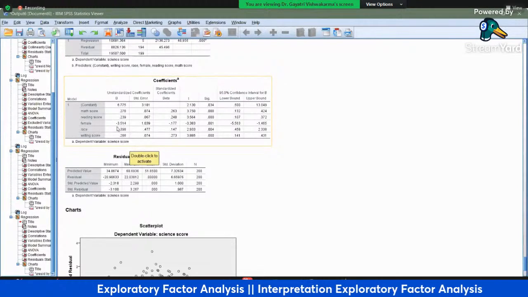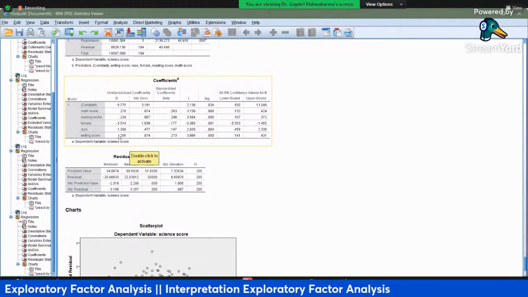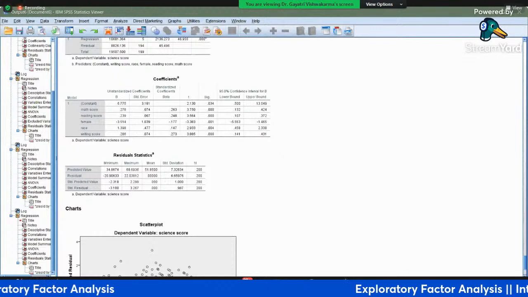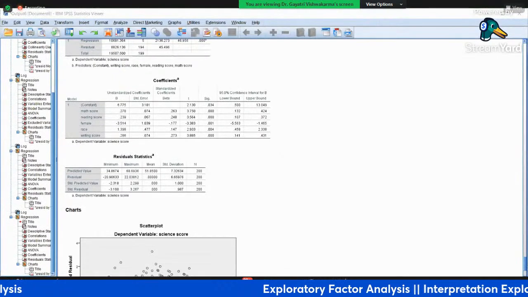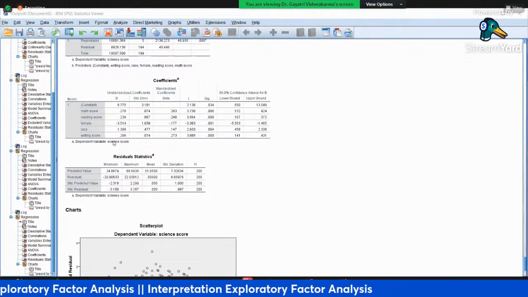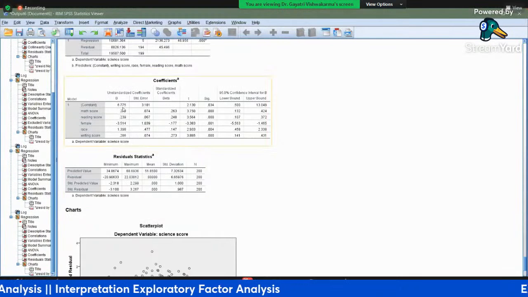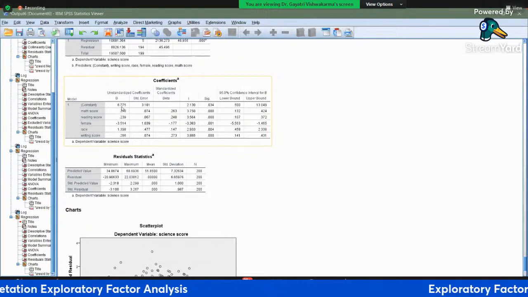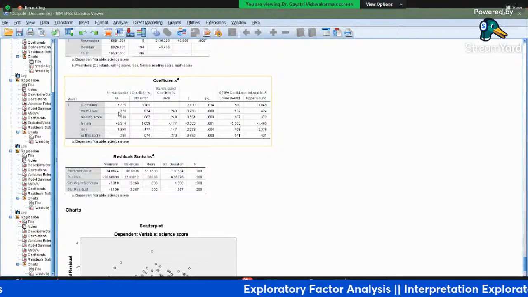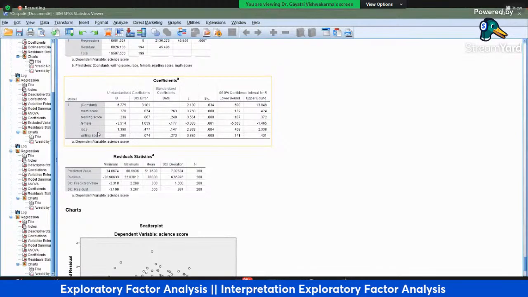So what is the interpretation? That holding all other variables constant, what is the value we can expect in the science marks? So science marks, what we are expecting, we're expecting 6.755 if maths marks is 0, reading score is 0, and writing is 0, which is very rare.